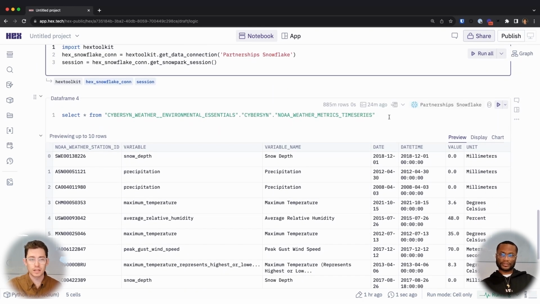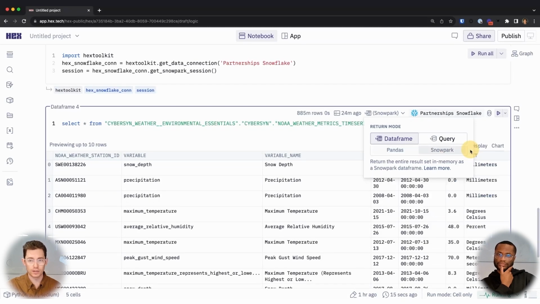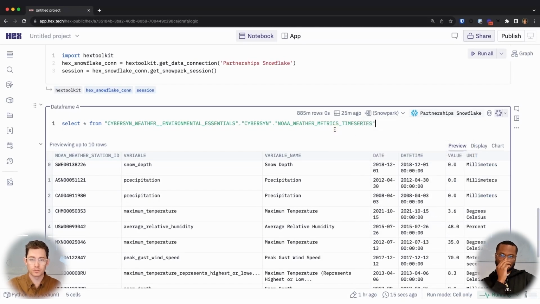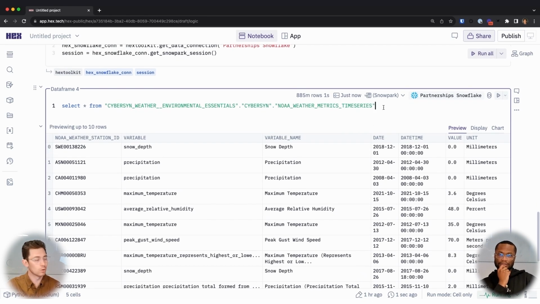Okay. So revisiting the cell that crashed your entire project, instead of returning this as a default pandas data frame, I'm going to select a Snowpark data frame instead. And we'll see what happens when this runs. Oh, snap. It didn't crash. Yep, exactly. Do you know why it didn't crash? No idea. Okay, so what's really happening here is a concept